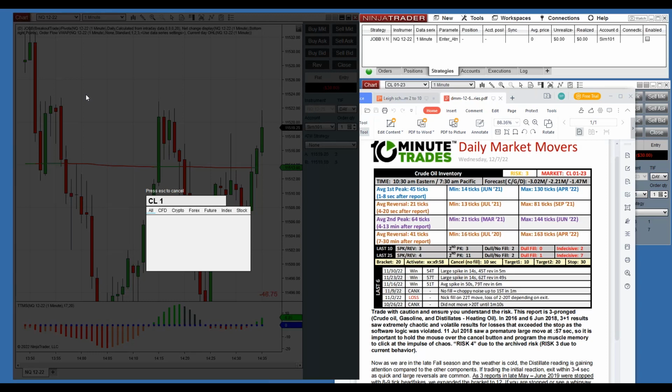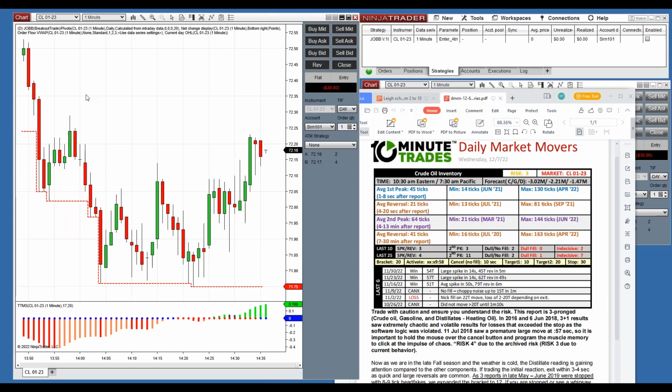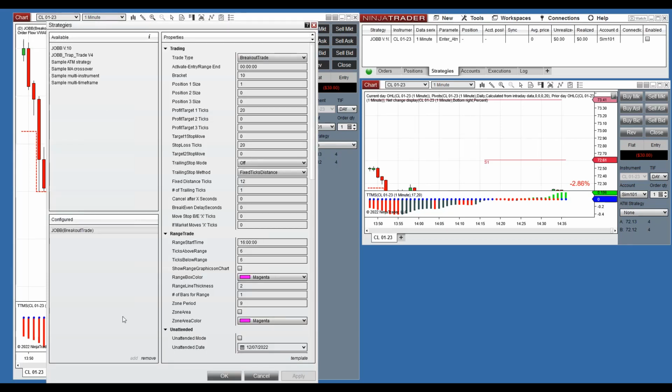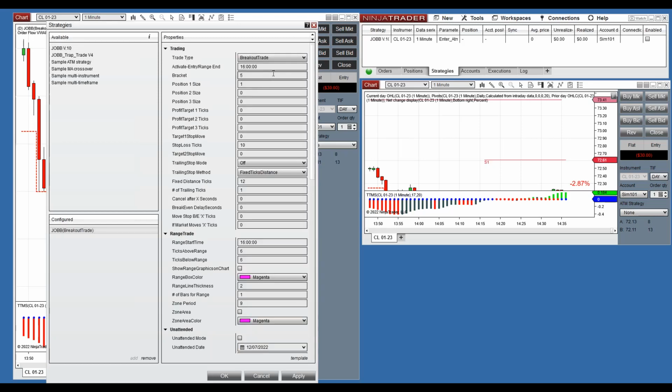Oil is CL 0123. That's the contract we're trading right now, CL 0123. In theory, when you set up a trade, you have a stop, okay? So let's say we don't even need a DOM to talk about this. So you set up a breakout trade, right? Let's say you designed your own trade for whatever reason, which is a great thing to do, and you can do it in a second.